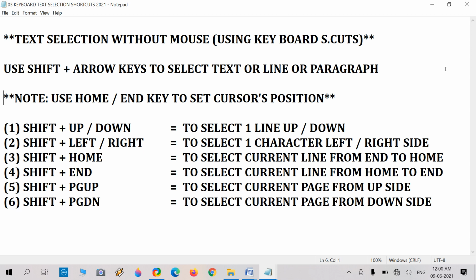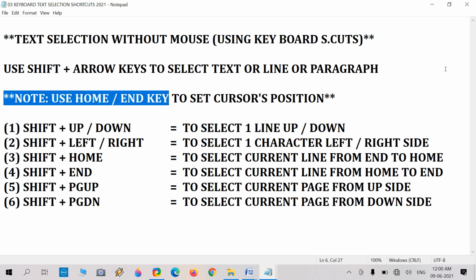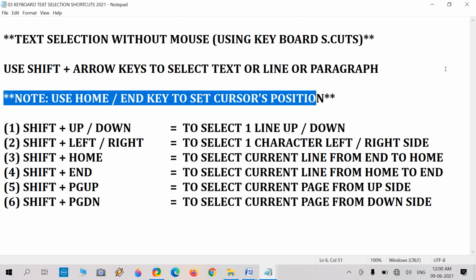Now I am holding the Shift key on the keyboard and pressing. Look at what is going on. It performs the selection. I am using Shift plus arrow key. Which side of arrow? The right side arrow.